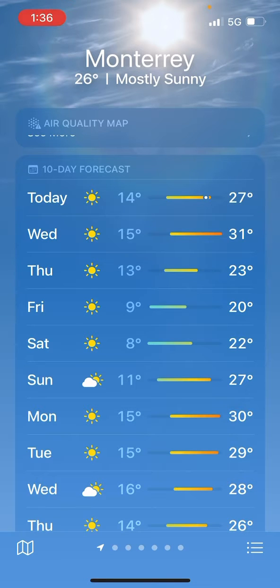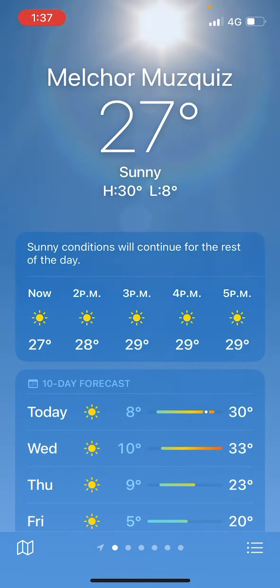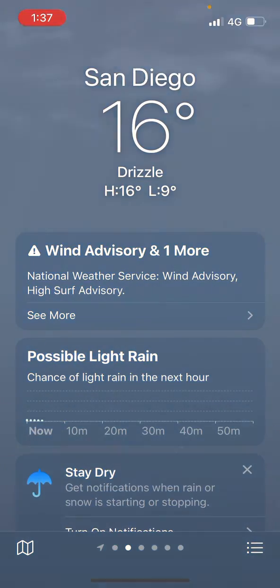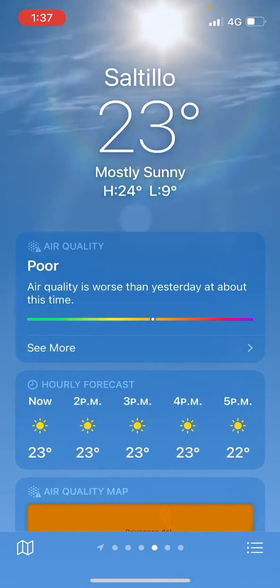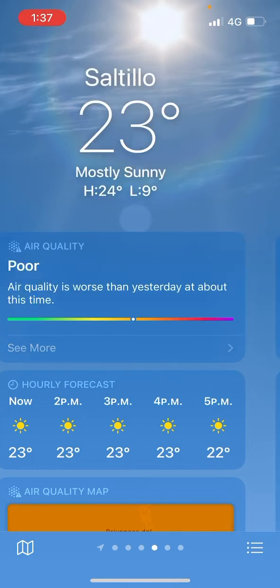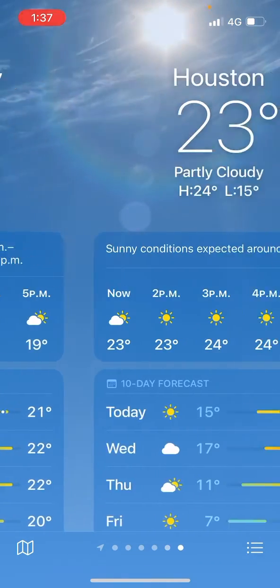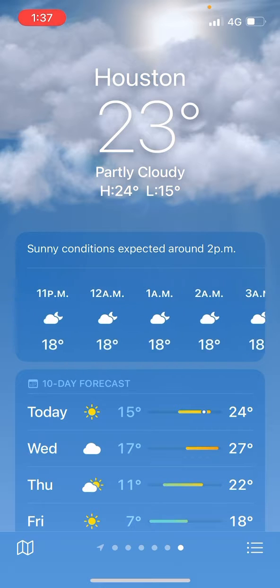Now, what if I want to know about another city? Okay, as you can see right here below, there are several dots that's telling us that there are more cities that I have already recorded. Okay, I can swipe left and see them. I got Melchor Múzquiz, San Diego, California, McAllen, Texas, Saltillo, it's another city near mine, Mexico City, Houston, Texas, and